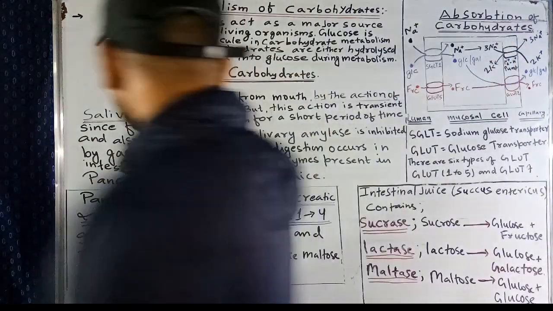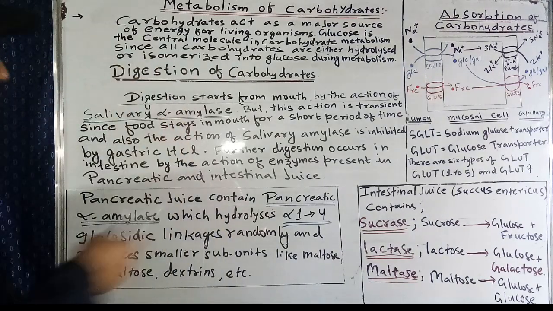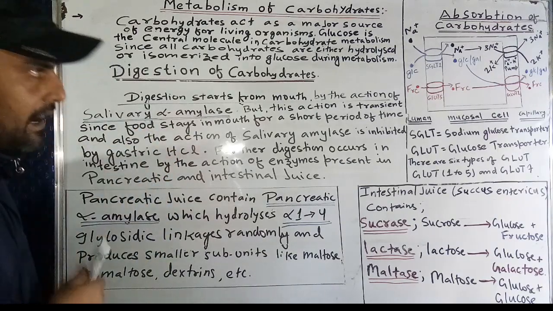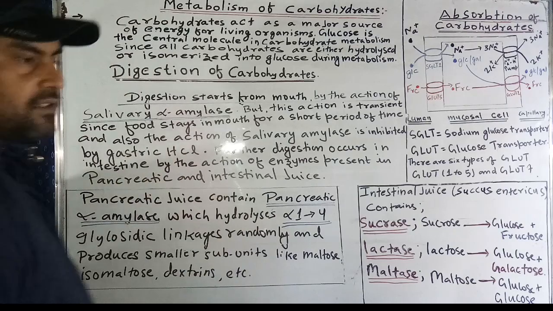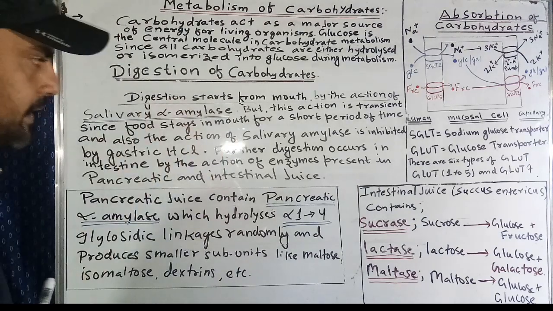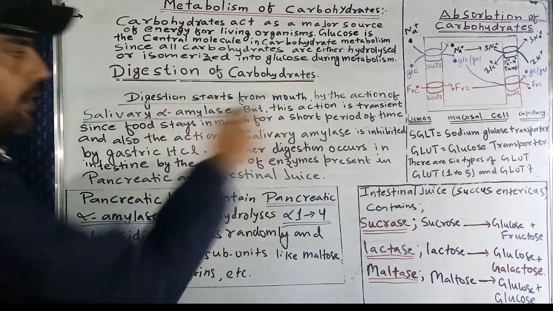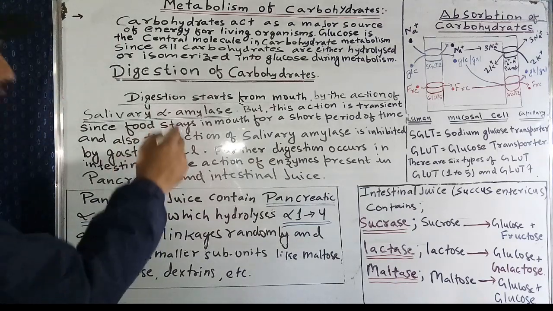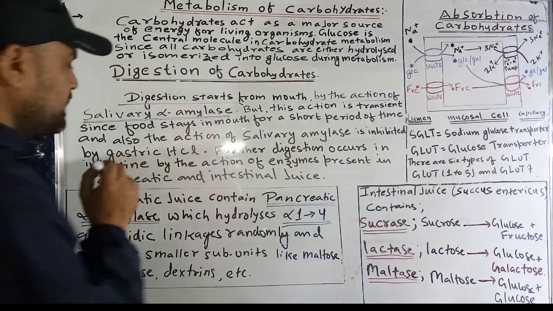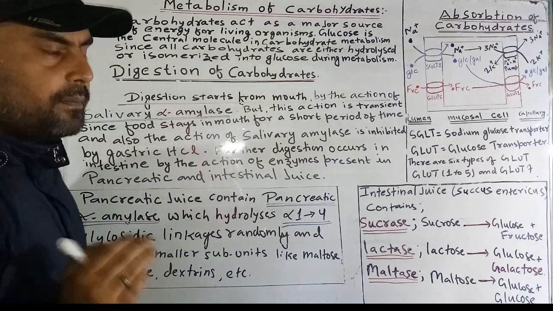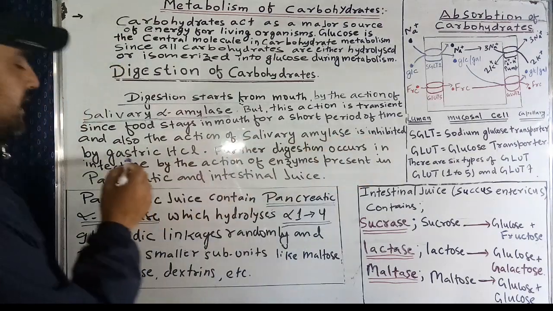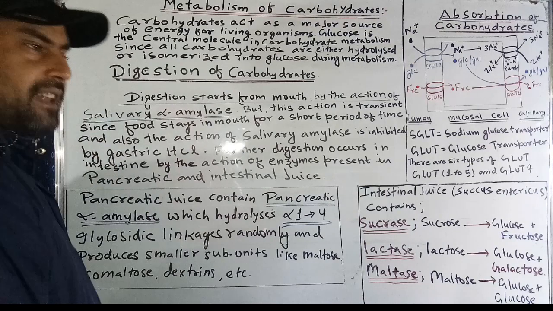Now before starting the metabolism of carbohydrate, first let's see how carbohydrates are digested and how they are absorbed from the intestine into the circulation, the blood capillaries, then into the tissues. Digestion of carbohydrate starts from the mouth by the action of salivary alpha amylase. But this action is transient, since food stays in the mouth for a short period of time. Also this salivary amylase is inhibited by gastric HCl, which is secreted by the stomach